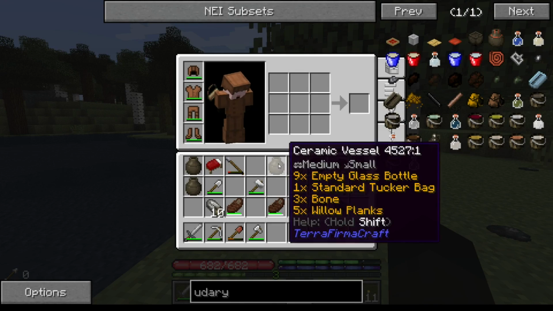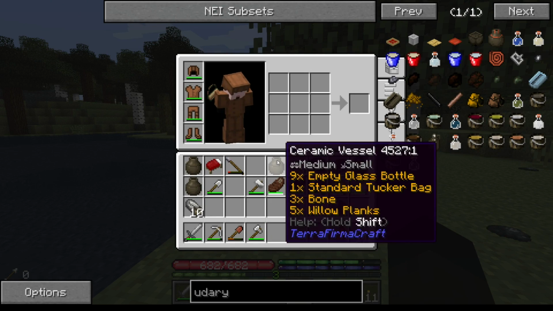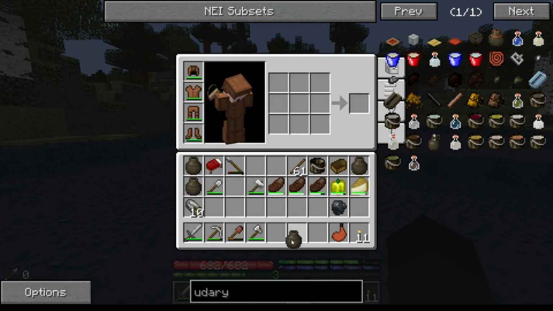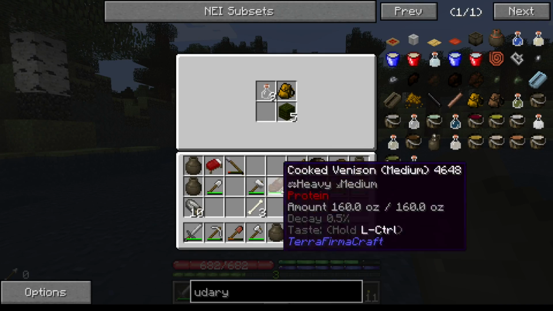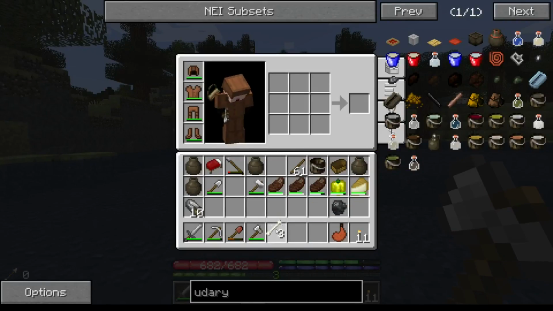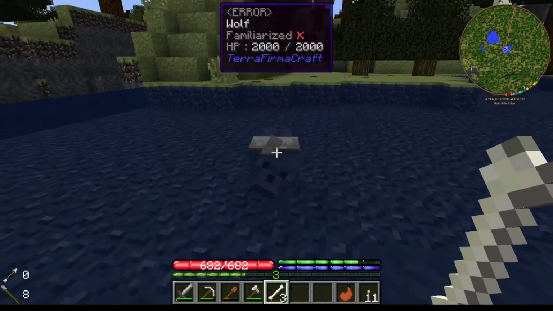Alright, quick update. I've got my clay vessels now. These are too big to go in a clay vessel, but that doesn't really matter because I've managed to stash a lot of the crap that I was carrying. However, I've got these 3 bones, so we might as well use them. So let's just see if we... No, that's not a bone. See if we can't get ourselves...